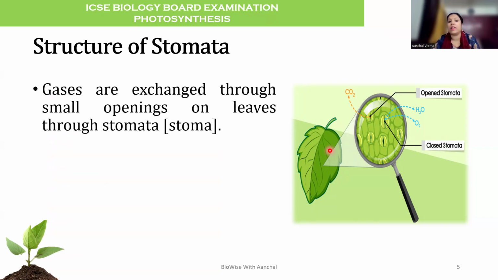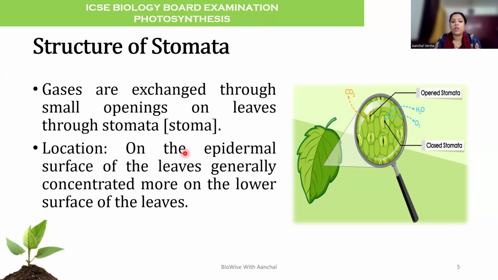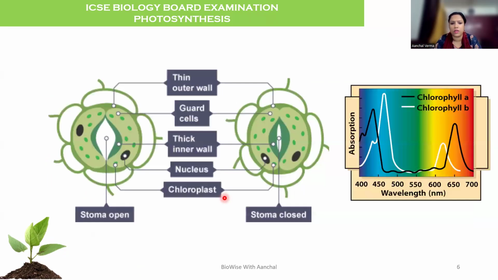Gases are exchanged through the small openings on the leaves called stomata. It is also called stoma. Location: on the epidermal surface of the leaf, generally concentrated more on the lower surface of the leaf in the dicots. I already told this. Now this is the structure of